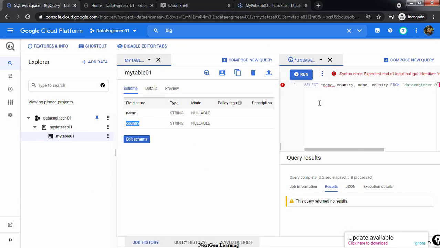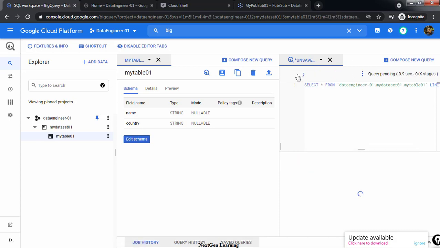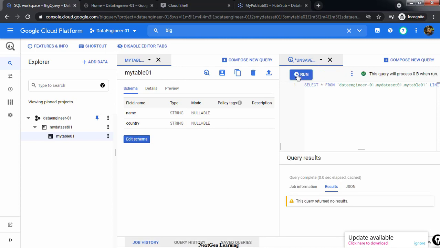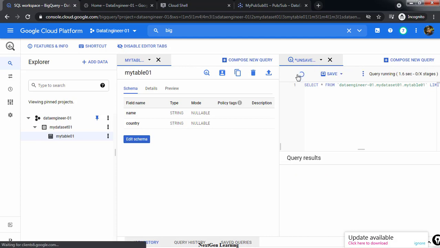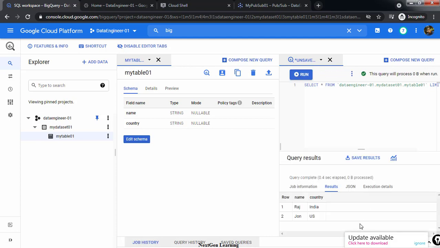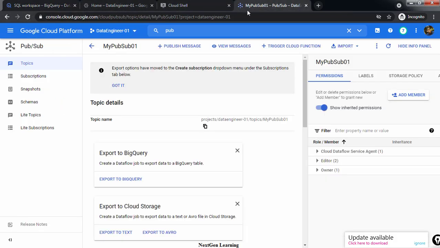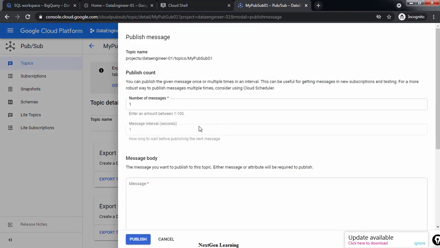So let's run this query. Maybe we need to wait some time, because the synchronization may take some time. So let's wait. Yeah, now you can see whatever messages we sent have reached BigQuery. Now let's go back to our PubSub topic and publish one more message.